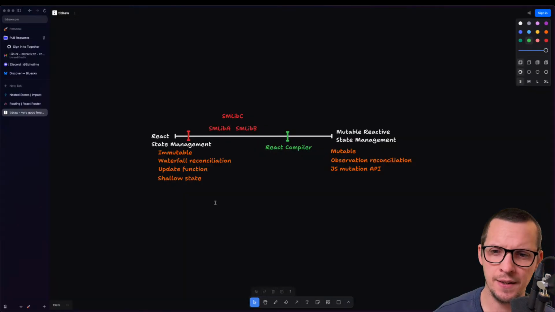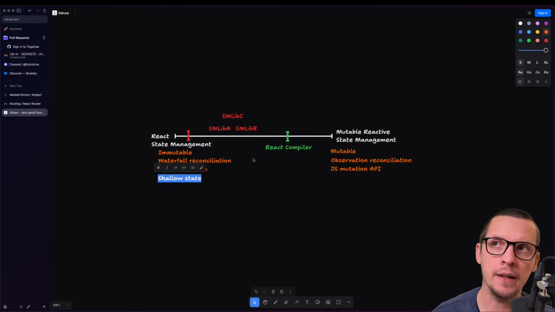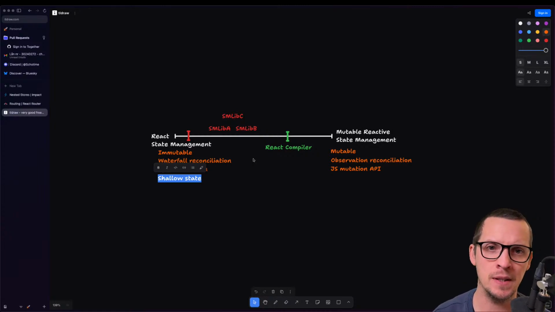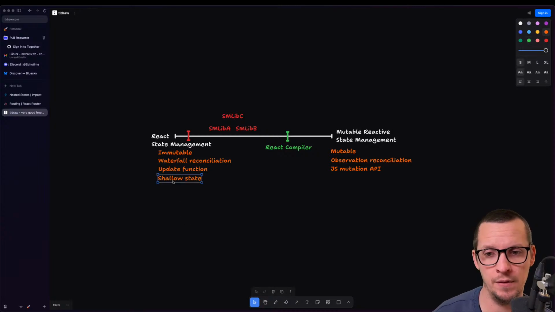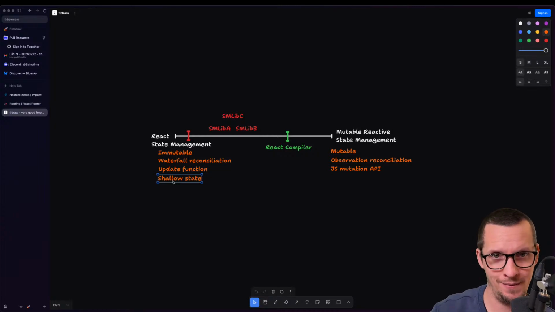I guess the thing I'm trying to say is that the level of nestedness affects your performance, but maybe that's a given. Maybe we don't have to highlight that. The point is that you can nest as much as you want in the mutable reactive world, and it doesn't affect performance at all. But in React, the more you nest state, the worse the performance is, because to change one little thing, you have to change everything up, right?